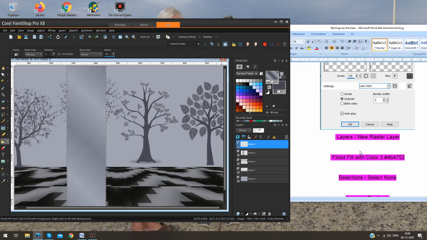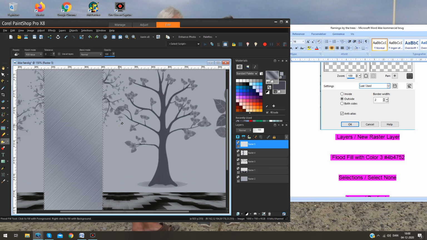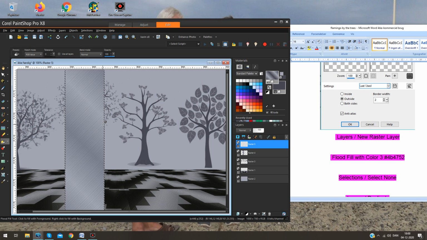New raster layer, yes, you see here. Flood fill with your color 3. I make a little zoom, scroll with my mouse. So I zoom in again with my mouse.